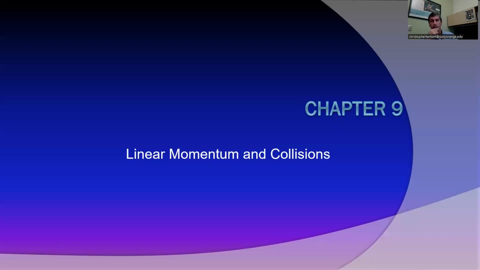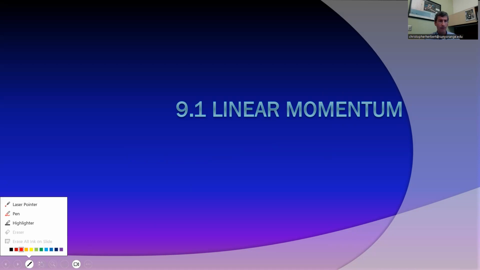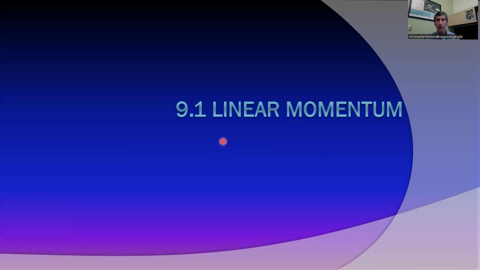Chapter 9 covers linear momentum. We're going to get into angular momentum later on, but the primary focus on this is linear momentum, collisions, the interactions between two objects putting a force on one another, and also this concept of a conservation number, conservation of momentum. So, again, linear momentum, we need to define what it is, first of all, and why it's important